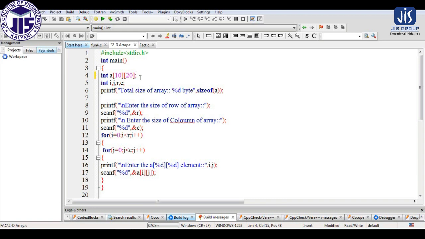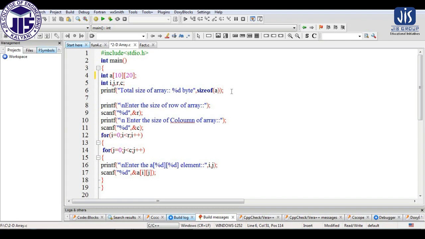So A is an array that can store only integer type data, where in this array we have a maximum of 10 rows and 20 columns. That means 10 into 20, total 200 elements we can store into this array. So the size of the array, the number of elements in this array, is 200, as we know, 10 rows and 20 columns.